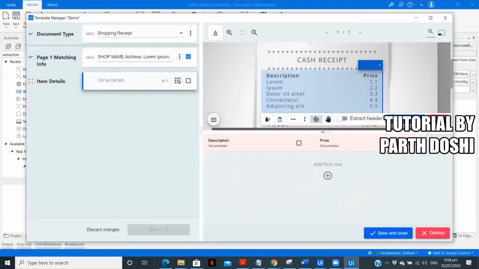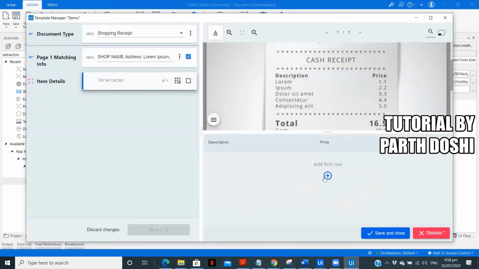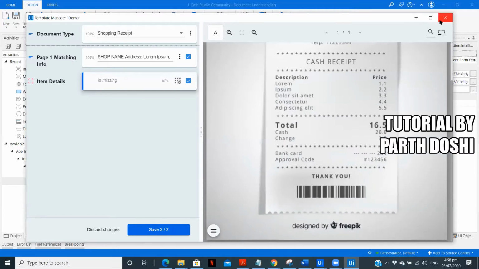As you can see, when I extracted the new table, I'm just getting the price column. It didn't automatically identify the description part. For the time being, let's do that manually to understand. Here I'm going to keep it as description, extract the headers, save new table. Now the items are not detected automatically. I will have to configure all the rows. This is a big disadvantage of the intelligent form extractor. Not a disadvantage, but we can't use it on this particular receipt. So we need to identify a different feature. Let's discard the changes.